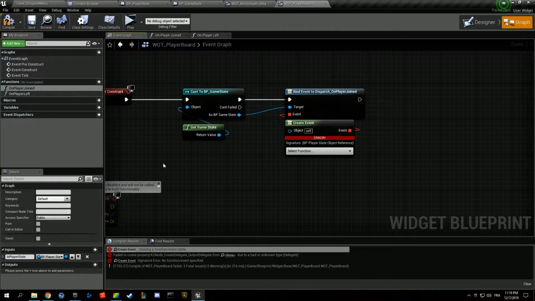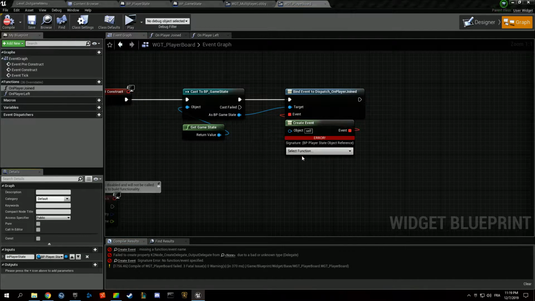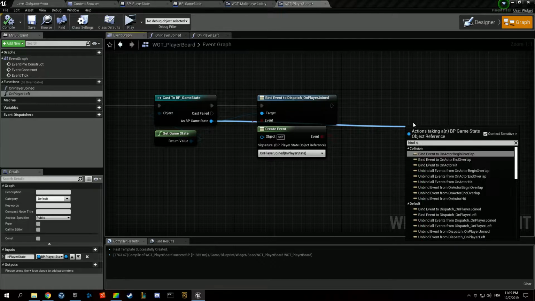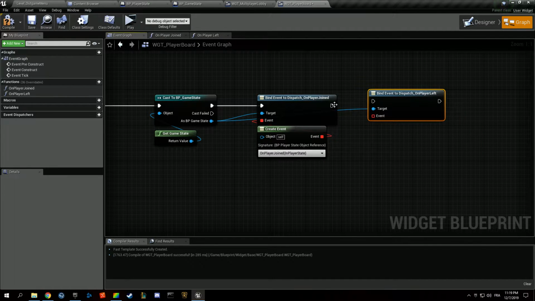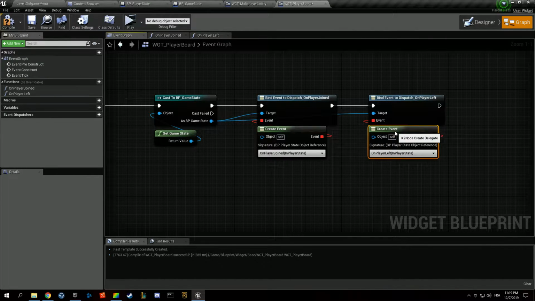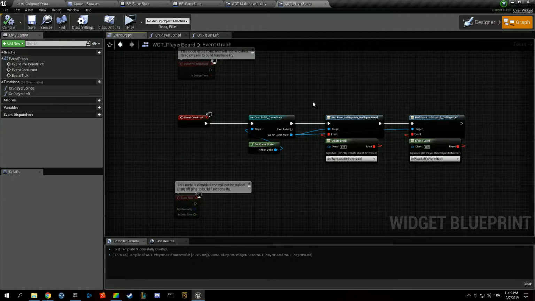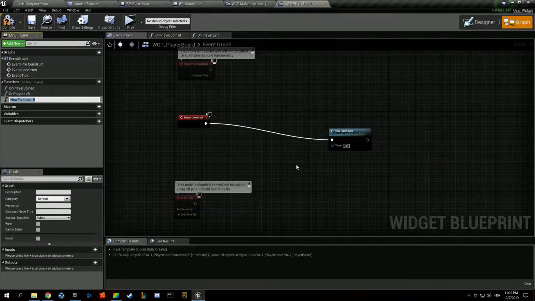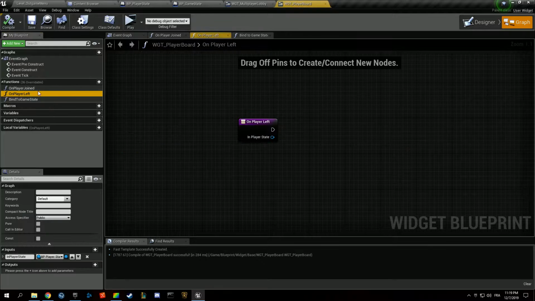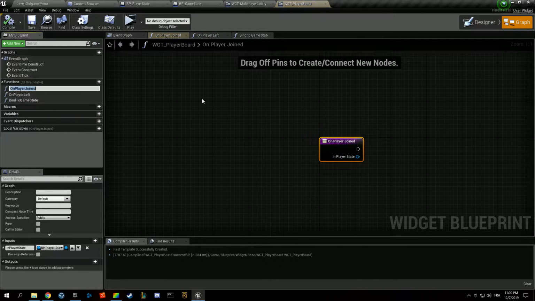In player state we want to copy this name, compile, on player join here. On player left we want to add a new parameter with the same name, and we also want to bind ourself to on player left in here, like this, on player left. And we want to make that a function, bind to game states. So when we spawn a player board, it's already having this function being thrown at,